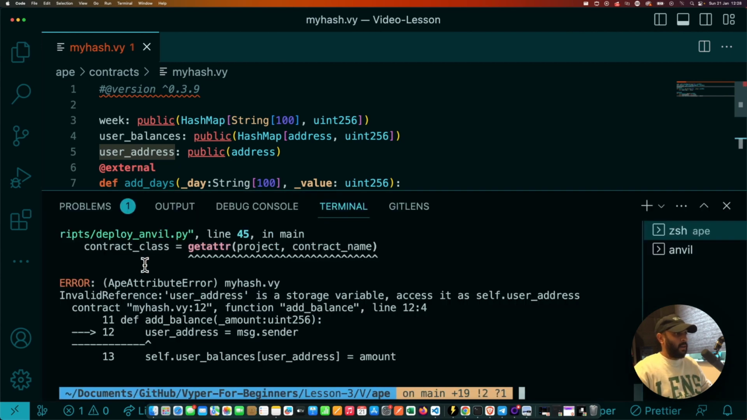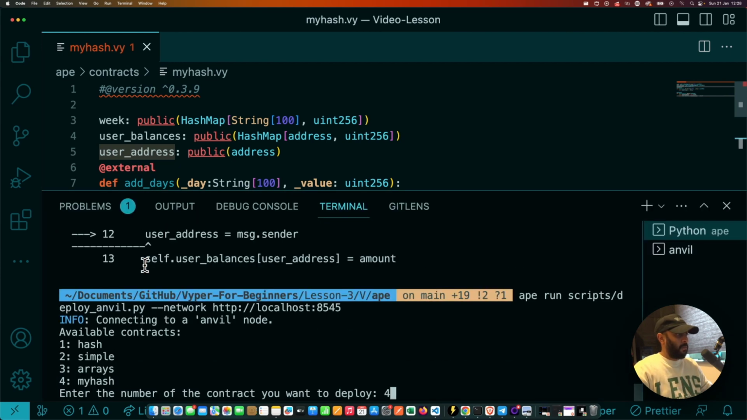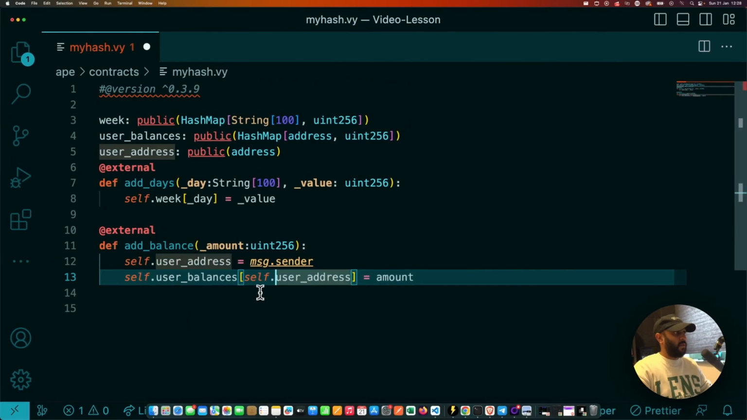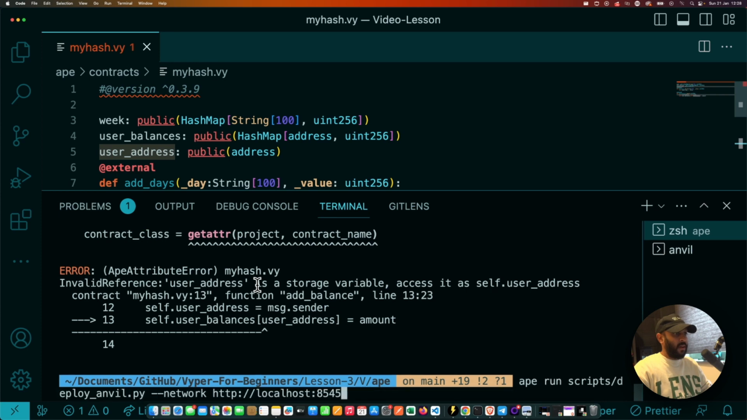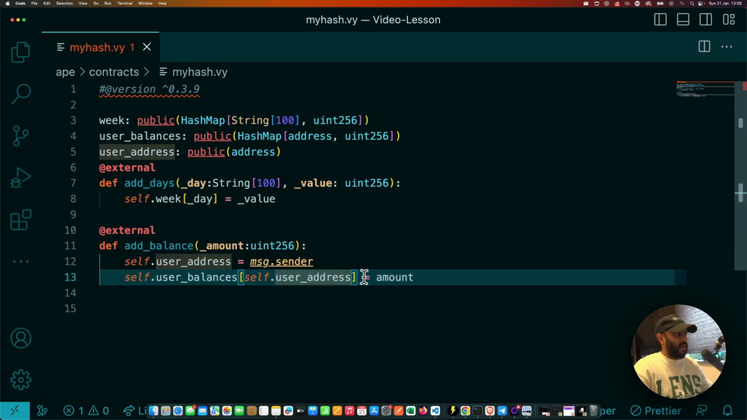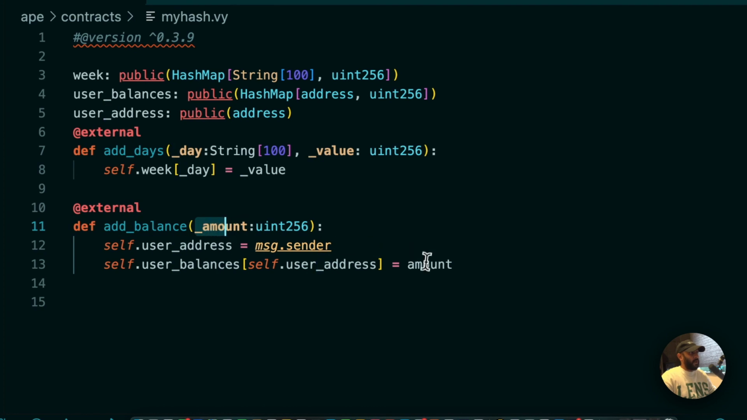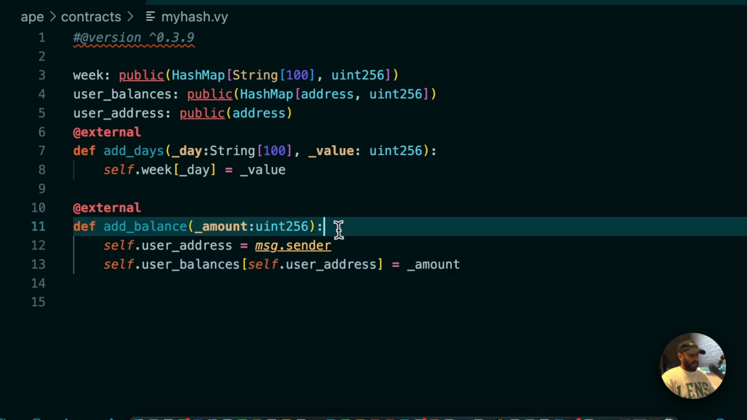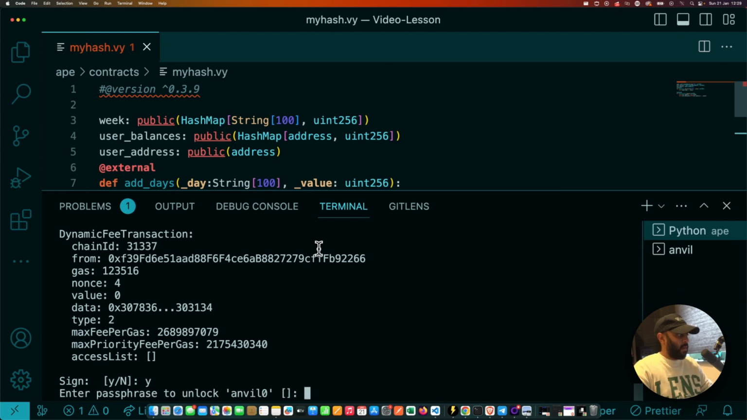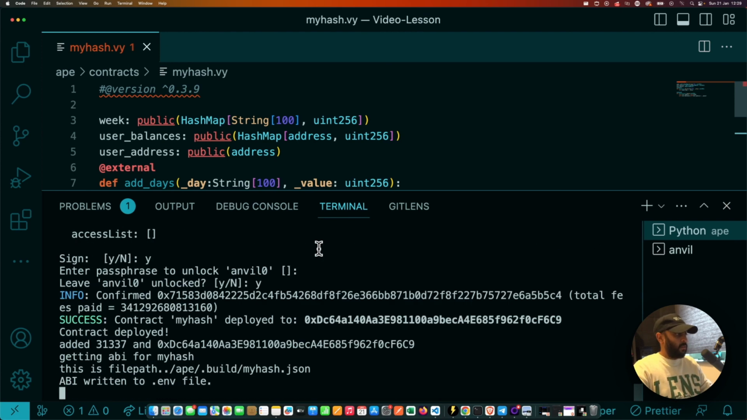Open my terminal again, up arrow, run the command, pick my contract, and I've forgotten the self keyword. Open my terminal again, run the command again, and then I've got another error, which is here. As a parameter, I said underscore amount, and I passed amount, so let's do that again. Run our command again, contract, awesome, it's compiled, we sign a transaction, unlock our account, and now we have our